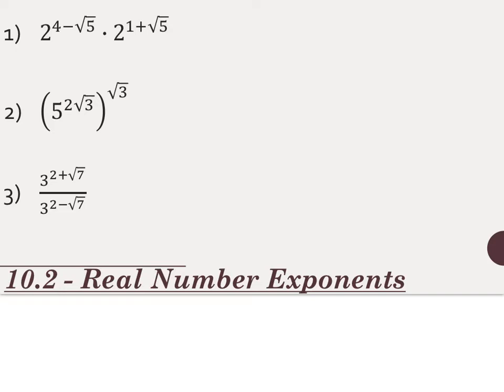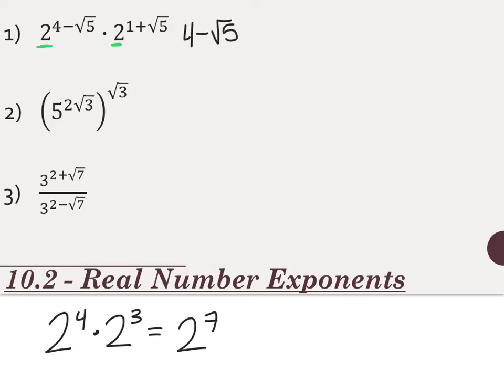So I want us to think, if we had 2 to the 4th times 2 to the 3rd, we know that we are adding our exponents, so we end up with 2 to the 7th. This is the same thing. Our bases are the same. So we're just adding our exponents together. So you're taking 4 minus the square root of 5, and you're adding to it 1 plus the square root of 5. When you do this, 4 plus 1 gives you 5,